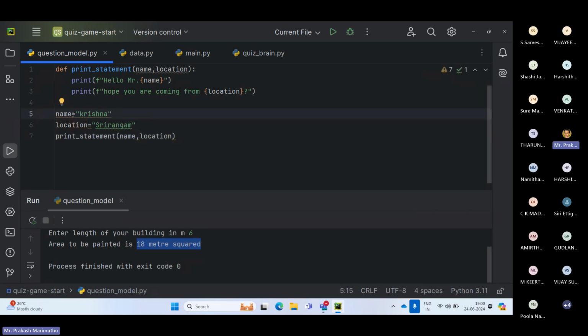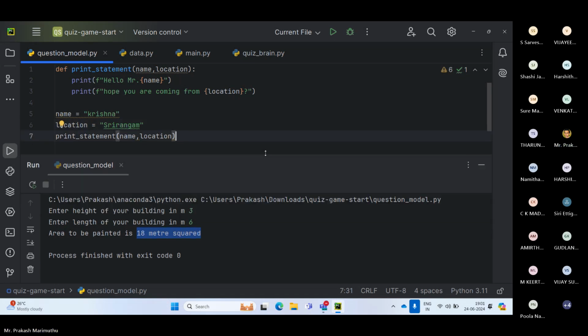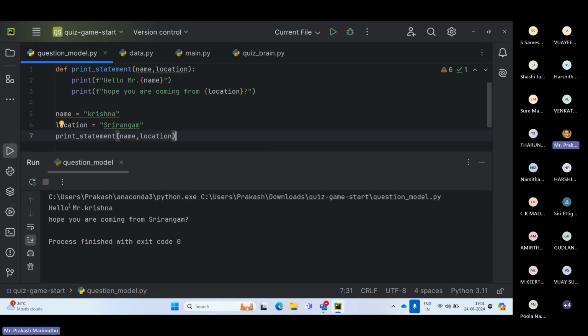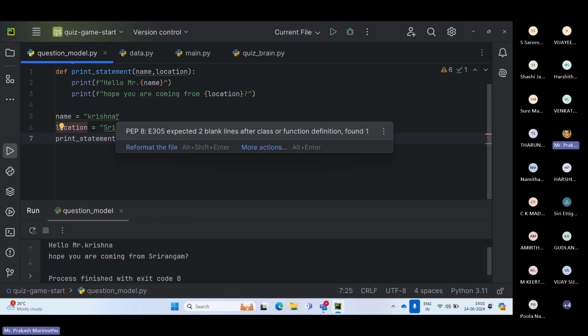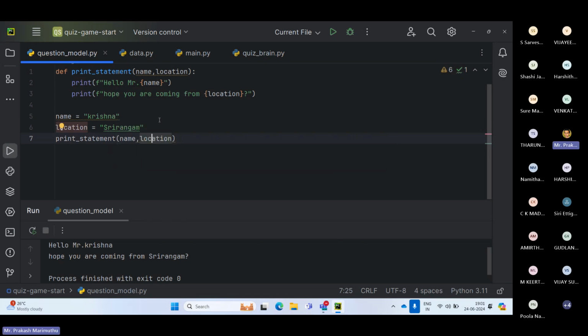Any doubts? I hope there's no doubt in what I've written. So it is going to print hello, Mr. Krishna. Hope you are coming from Srirangam. That is what we want. Let us see whether it gives the right thing or not. So hello, Mr. Krishna. Hope you are coming from Srirangam. That's what we want. Now if I change this,